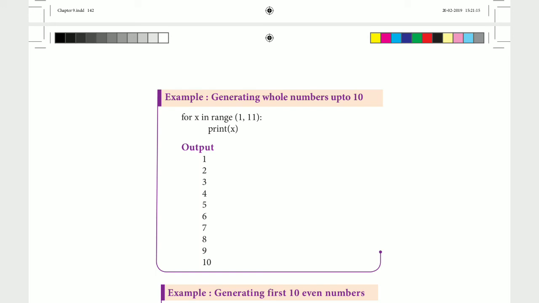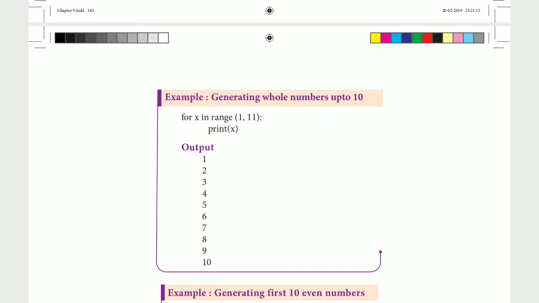For example, in a for loop, you need the value of x in a sequential manner. Then you can use this: 1 2 3 4 5 6 7 8 9 10. If you want only every third number, starting from 1 to 11, you take one number, then it will leave 2 numbers in between and give you the third number.